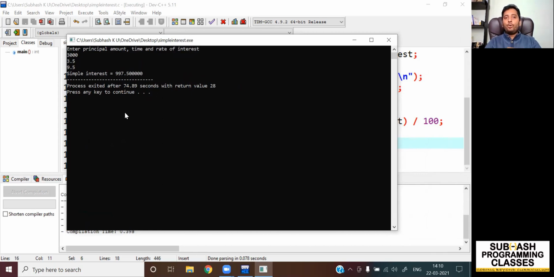I hope you understood how to write a simple program to find the simple interest using this logic tracing method, and also you learned how to use scanf to make the code more generic, isn't it? In the upcoming lesson, I will be teaching you what control structures in the C language are.